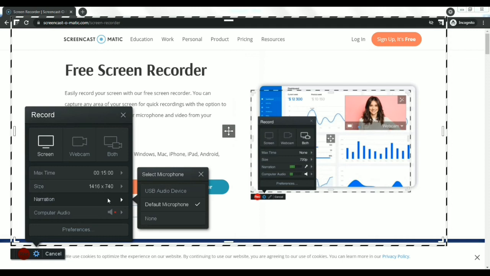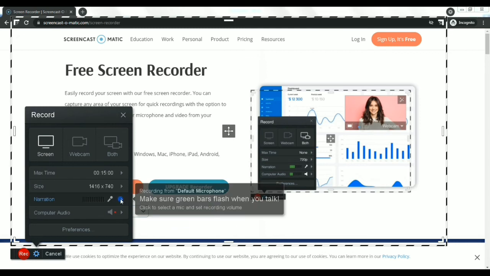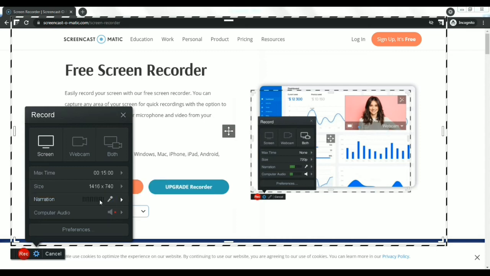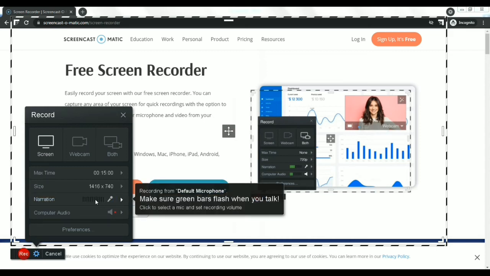You can perform both if you have a webcam. And this is how we will be performing the recording. It is very useful that you can stretch it along various sides.